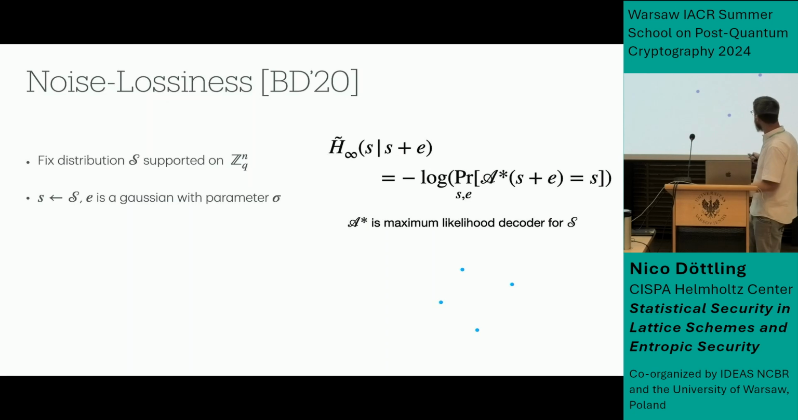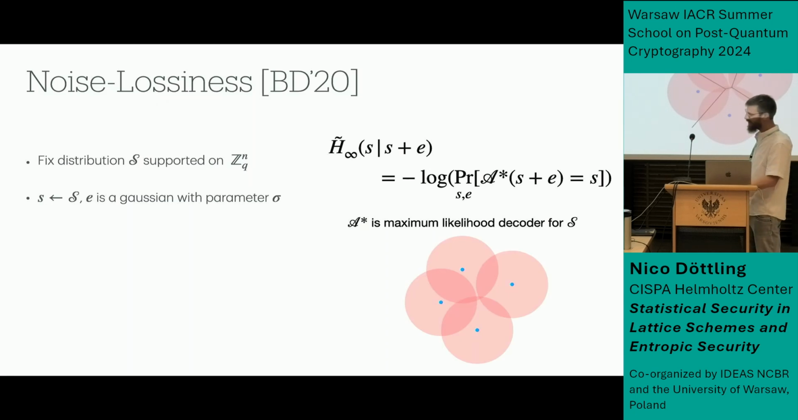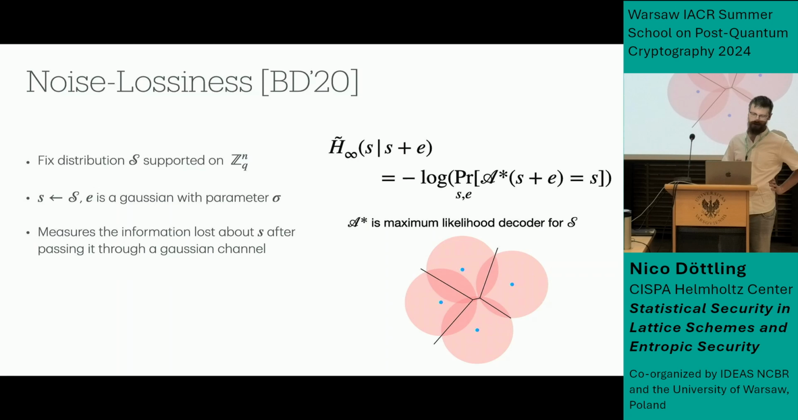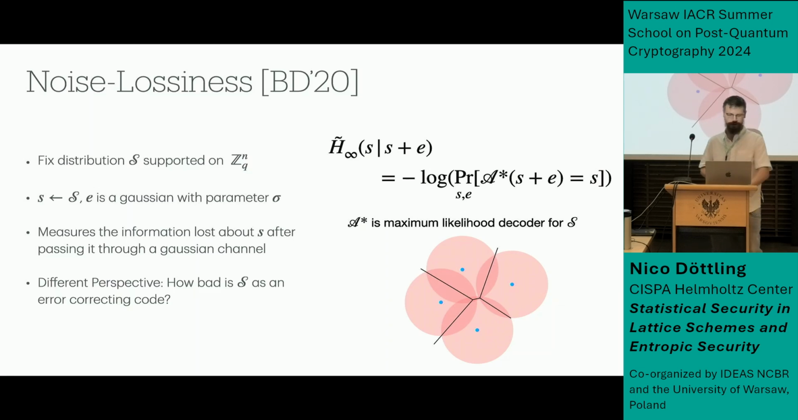And really, if S is supported on such a set of points, we're adding Gaussian noise, and now the job of the guesser is to determine which input point S he got. He gets some points somewhere, and for this simple case, the maximum likelihood decoder is just a Voronoi decoder. So in a sense, the noise lossiness models how much information is lost about S after passing it through a Gaussian channel, right? This rephrases this problem in terms of communication theory and asks about this source S that we're using, how bad of an error correcting code is this? Okay, and just quickly,